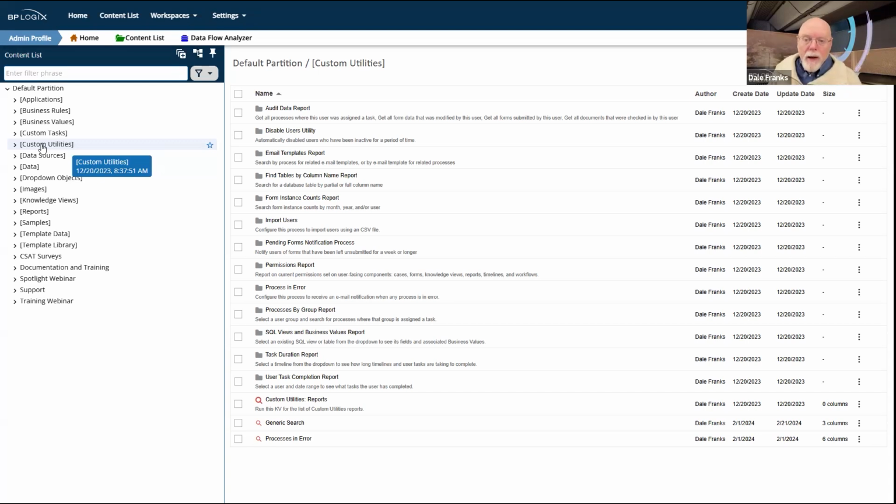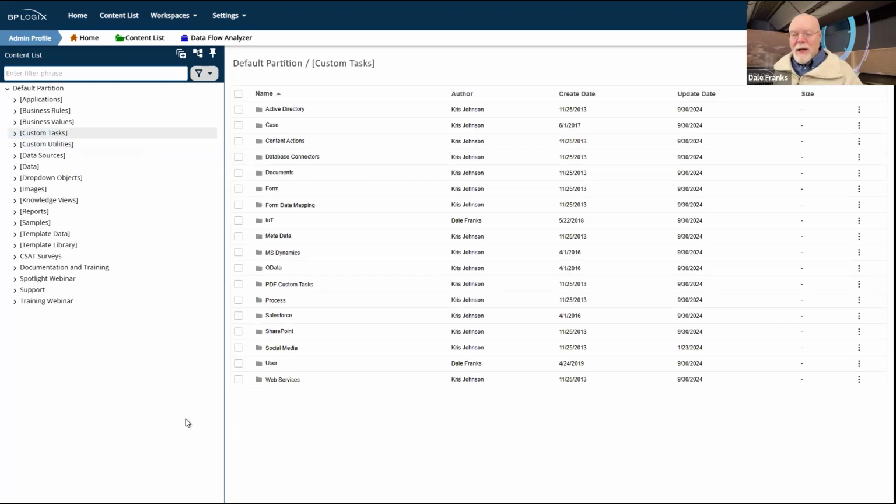Technically, the custom task folder does not specifically need to be installed at the root level of the partition. Realistically, you could install it anywhere, but that's an extraordinarily bad idea.